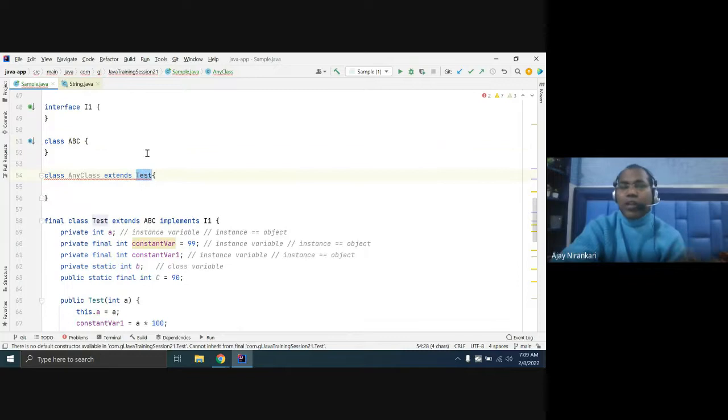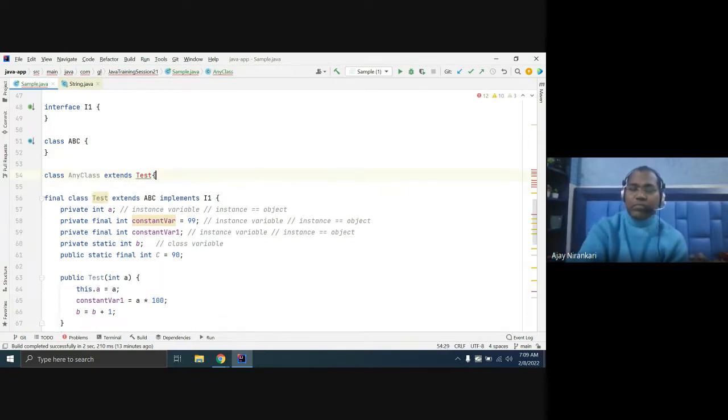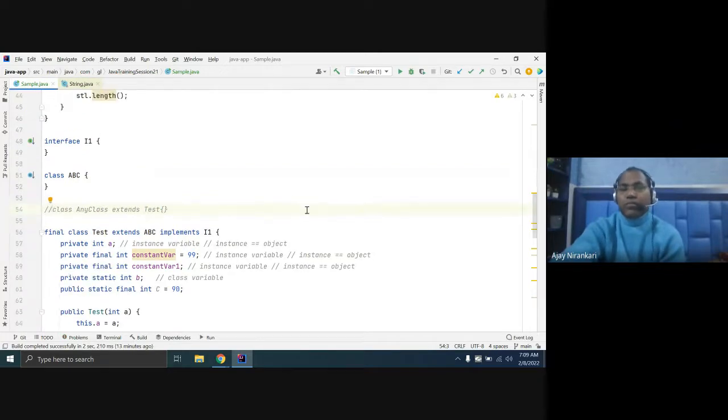A final class is not allowed to be inherited. So you cannot do this, right? These are some features of the keyword as per your requirement.